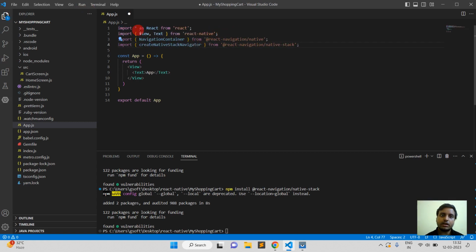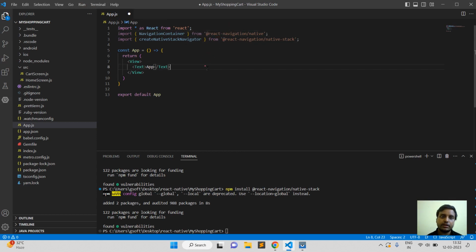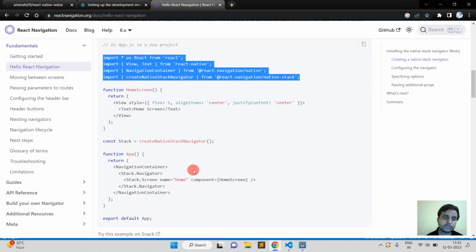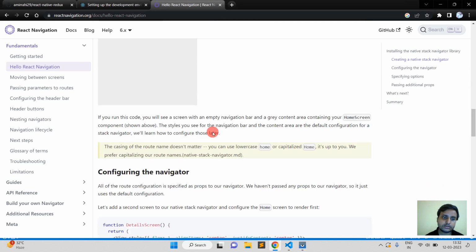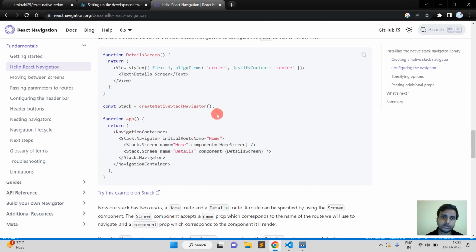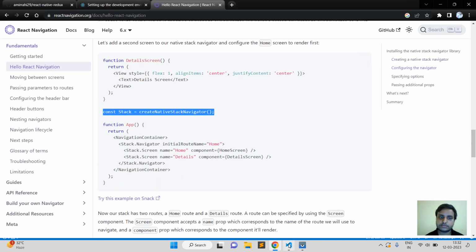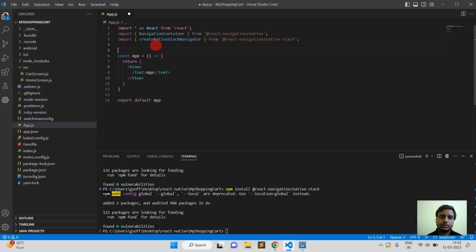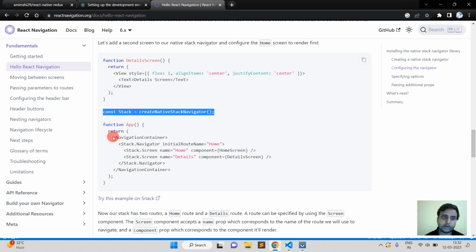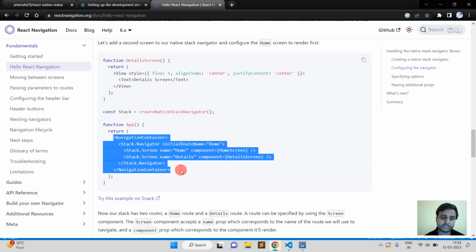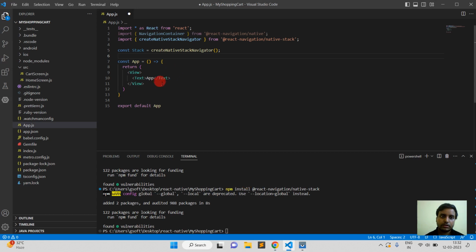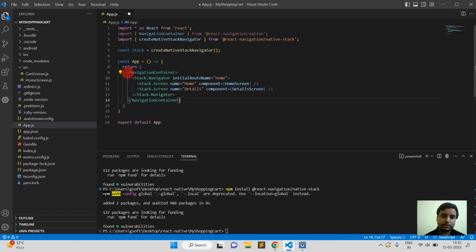Okay, and I'm not going to use this view and text, so I'm going to remove this from here and just copy this createNativeStackNavigator, and paste here, and also we need to copy this NavigationContainer and paste here. Okay,